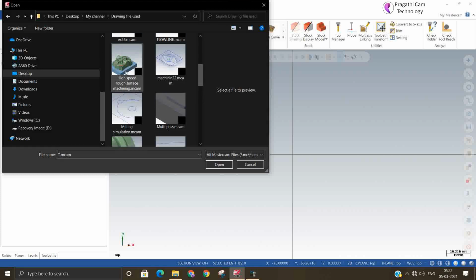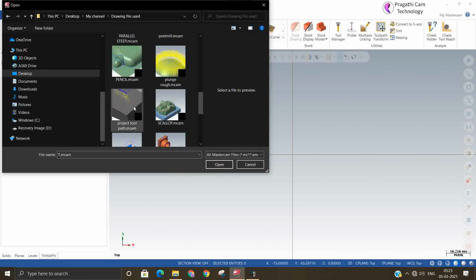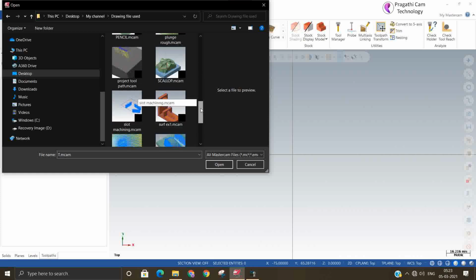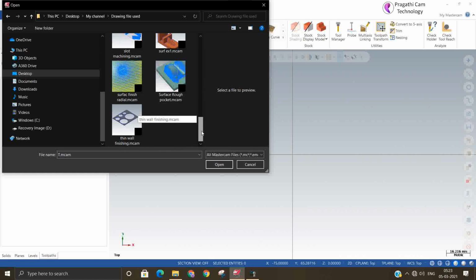The simulation will take our time. So we'll take a simple model so that it will reduce our calculation time, so that we can make the toolpath faster.